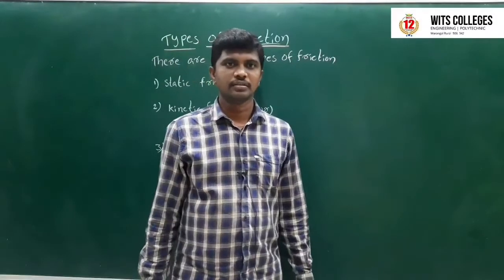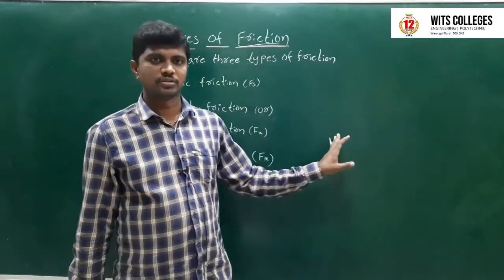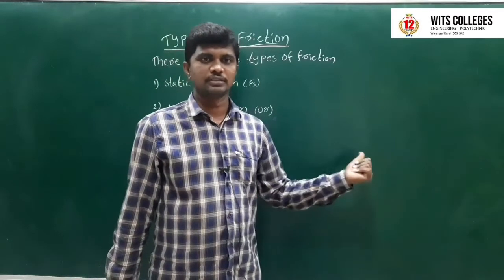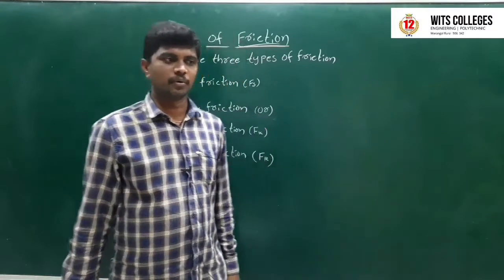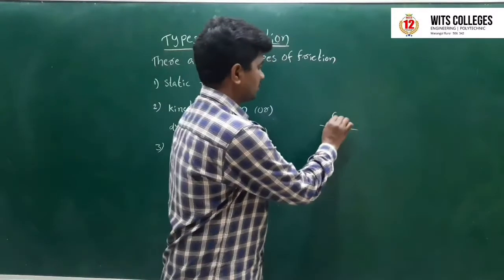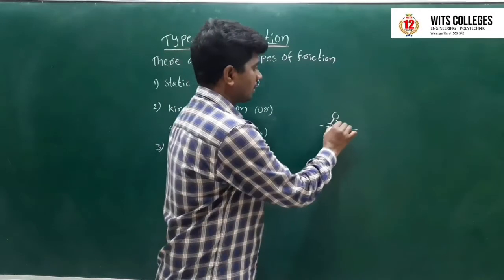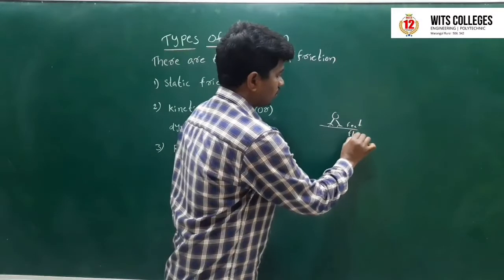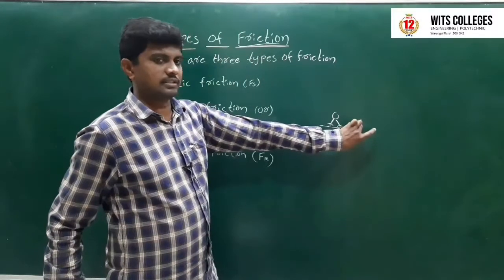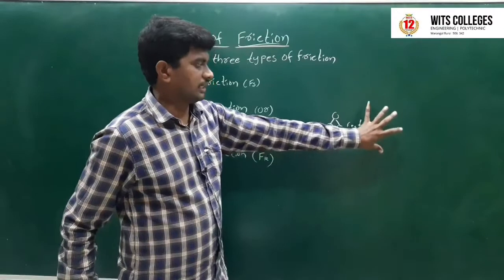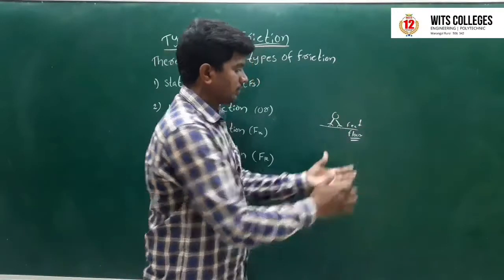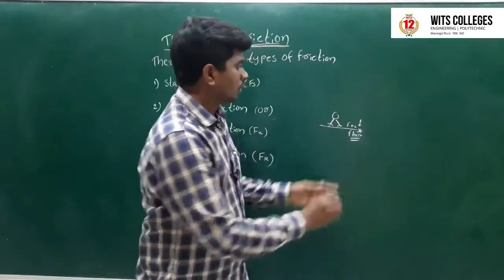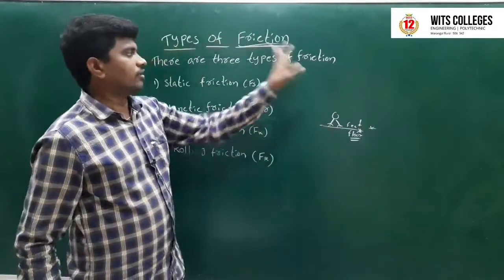Previous class discussed friction. What is friction? Friction is a resistive force which opposes the relative motion of two surfaces in contact. For example, when one person walks on the floor, the feet and floor are two surfaces. Friction is the resistive force which opposes the motion between two surfaces in contact, in the opposite direction. So the walking of the man is called friction.